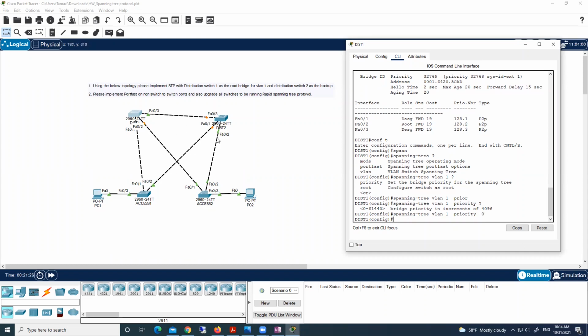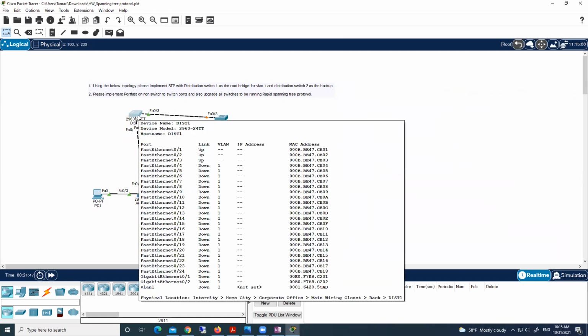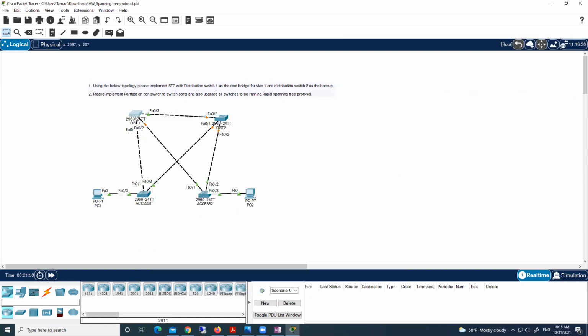Look, now those switches are sending BPDUs to each other. Look here, everywhere we have oranges, right? They are sending BPDUs, and finally they will select this switch as the root switch now, and see how long we are waiting, about 50 seconds we are waiting. Too long, right? 50 seconds. Now, after 50 seconds,